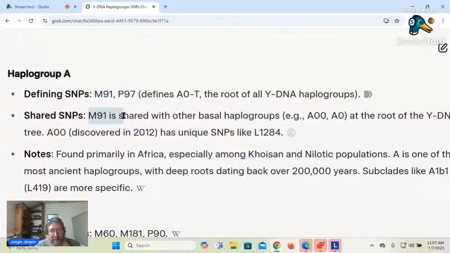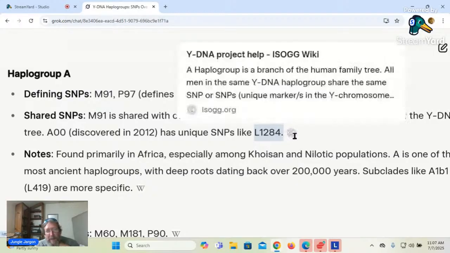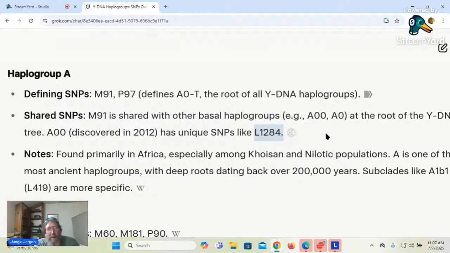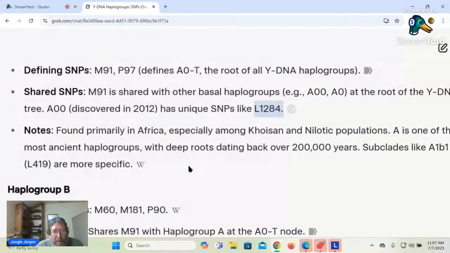M91 is shared with other basal haplogroups, A00, A0 at the root of the Y DNA tree. A00 has a unique S&P like L248. Now, there are more S&P markers, but they're not going to be a problem either,